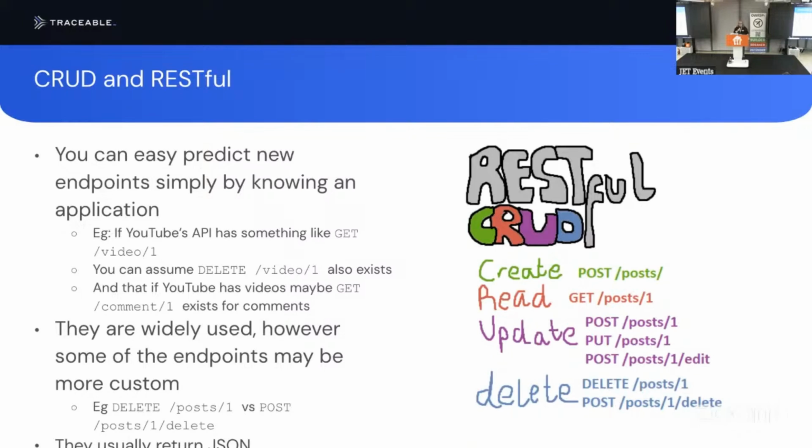From the attacker's point of view, it's really annoying because we need to guess a lot of names and a lot of the ways APIs work. Now, if you think about your prediction, well, okay, if I'm looking at an API and it's for Just Eat, I'm going to have orders, I'm going to have restaurants, I'm going to have drivers, I'm going to have accounts. And if you're looking at YouTube, you've got videos, you can start to predict these things. However, they are often super customizable.